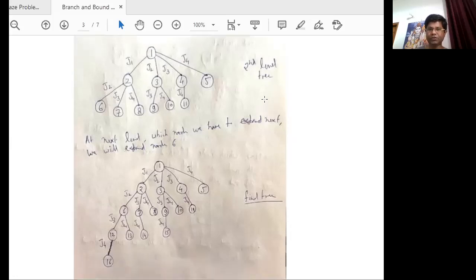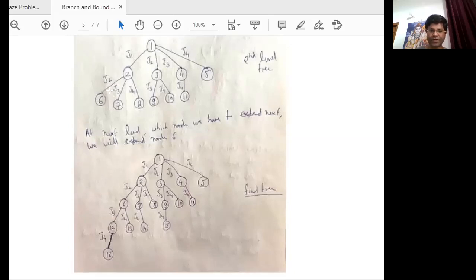Now next we expand to the third level if possible. Let's start with the leftmost node, we always start from the leftmost. Since at node 6 we are at job 2, there are 2 remaining jobs, job 3 and job 4. So expand this node with job 3 and job 4, labeled by node 12 and node 13. Again at node 7, since we are at job 3, the remaining job is only job 4, J4, denoted by node 14. When we are at node 8, it had job J4, so there is no need to expand since J4 is the last job.